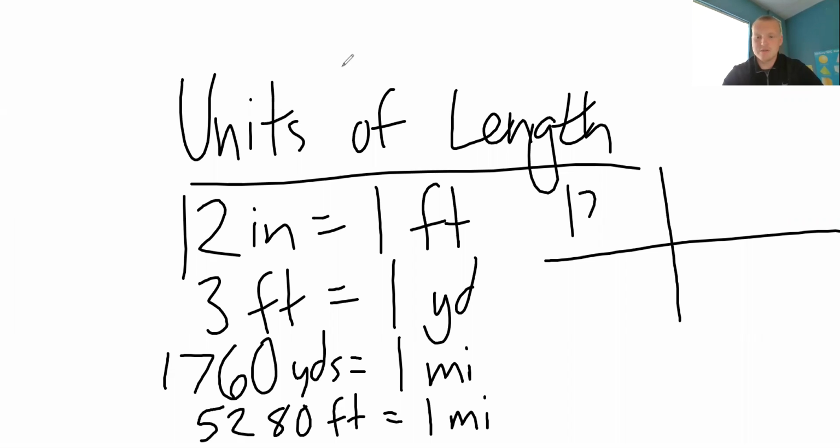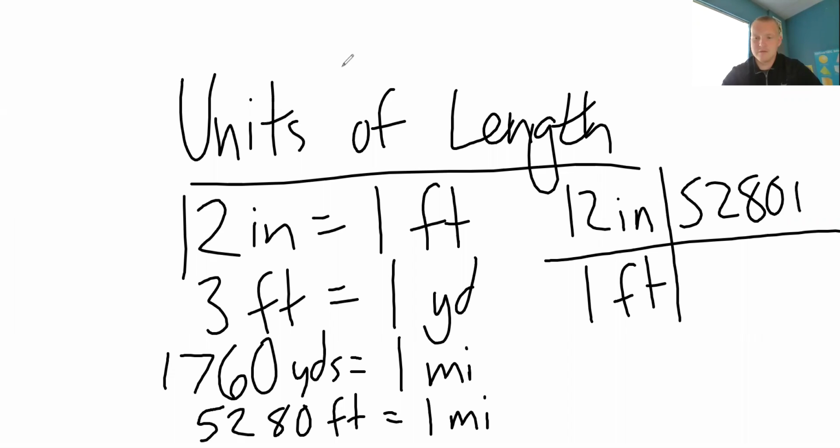So for 12 inches, we have 1 foot. And then for every 5,280 feet, we have 1 mile. Cross cancel those feet because they cancel out. And I'm left with inches over miles, which is just going to be how many inches are in 1 mile. And this is going to show me that